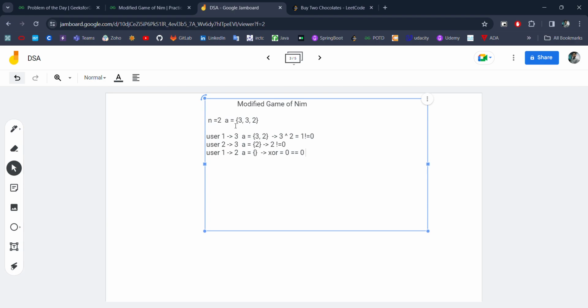In that case user 1 loses the game, which means the winner is user 2.